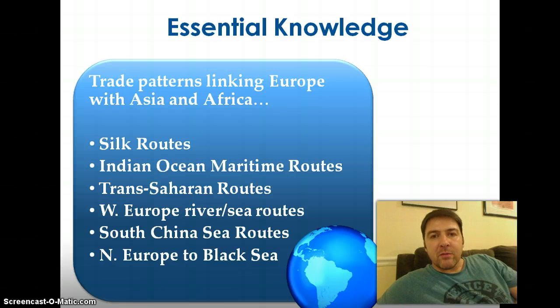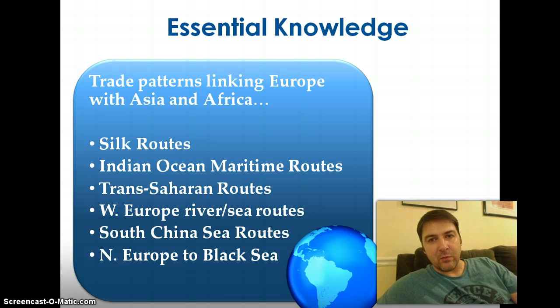The standards lay out some pretty specific trade routes and trade patterns that we're responsible for knowing. Probably most familiar to you from your World 1 classes are the Silk Routes or the Silk Roads. We have the Indian Ocean maritime routes, one which may be new to you, the Trans-Saharan routes, the Western European river and sea routes, the South China Sea routes, and the Northern European to the Black Sea routes. So we'll take a look at each of these on a series of maps so that we can envision where